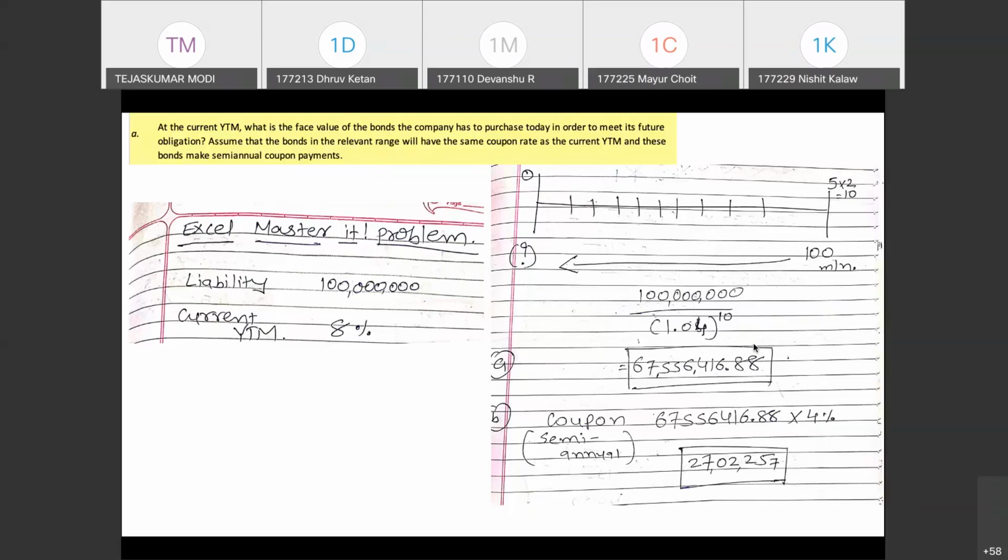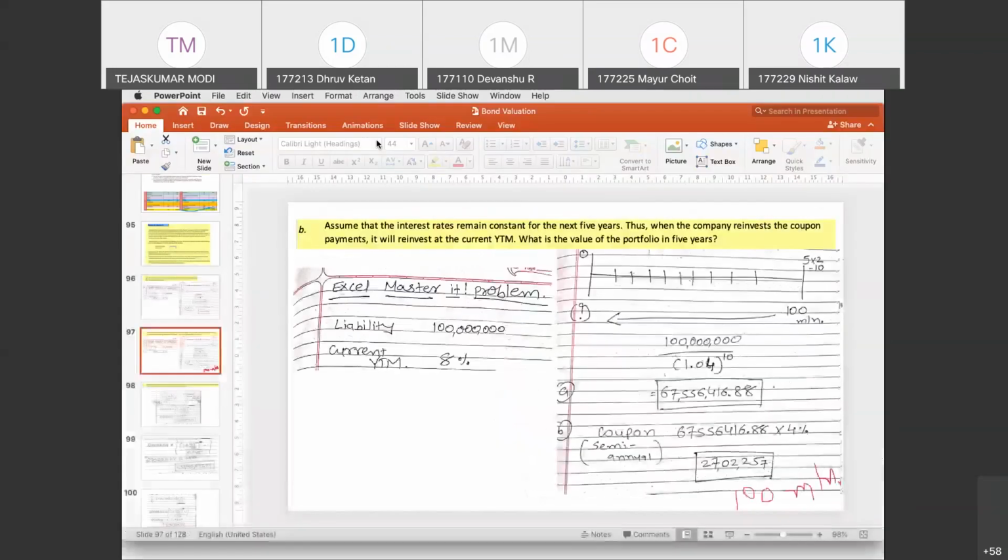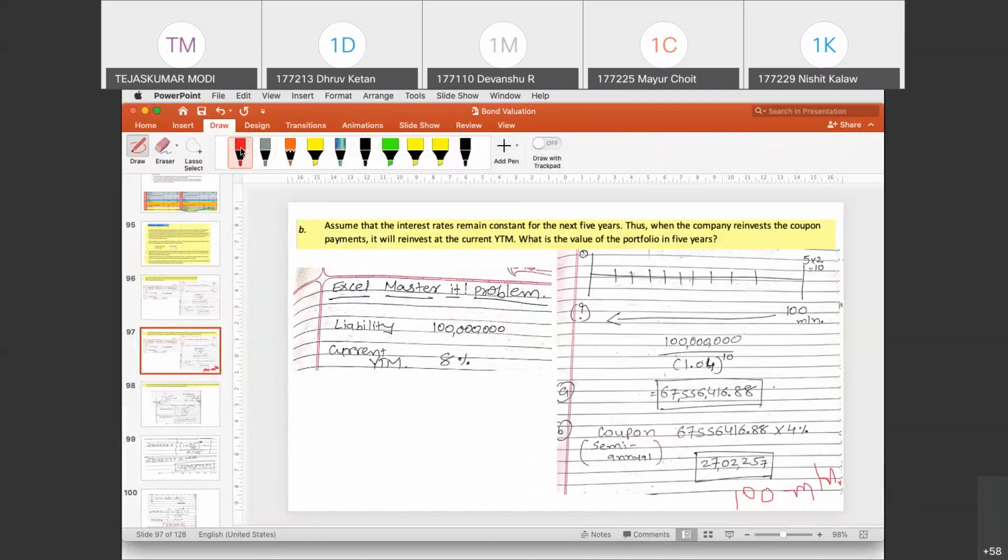So that's why, whether you use the simple present value formula or the annuity formula, the answer has to be the same. So that means, yes, someone has a doubt. Yes, sir. Why will the answer be the same for the annuity formula, sir? Because in the annuity we will discount the coupon as well as the future value, meaning here we discount only one value, but there we will discount many values, so sir, how will it be the same? I'll tell you. The problem limitation this time we have is this board we don't have,